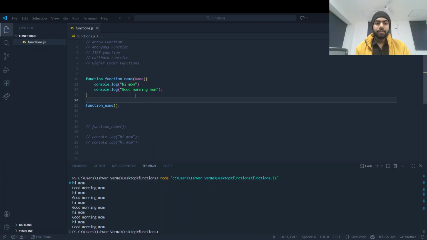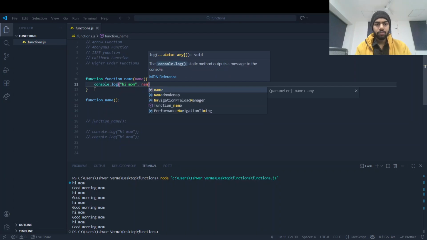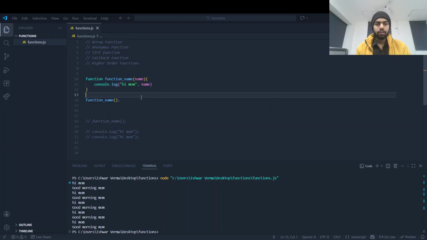We are passing name here, and now we are removing the fixed text and using name. We can pass many parameters, comma separated. Here we can send age and anything you can write.